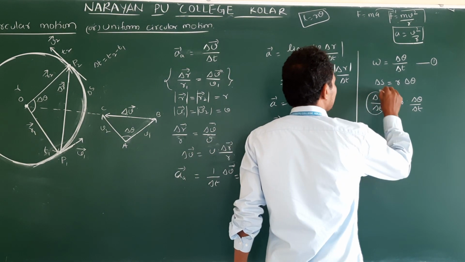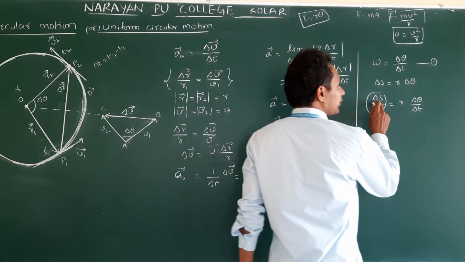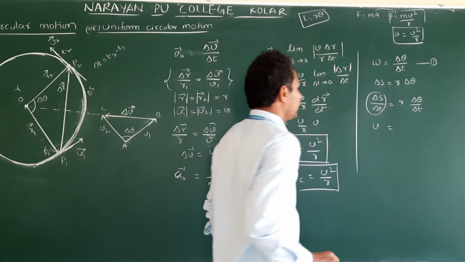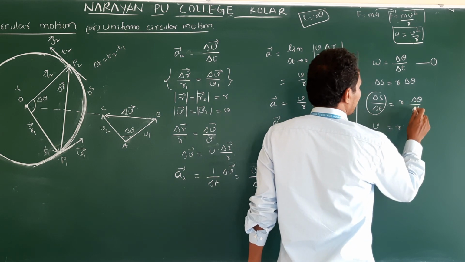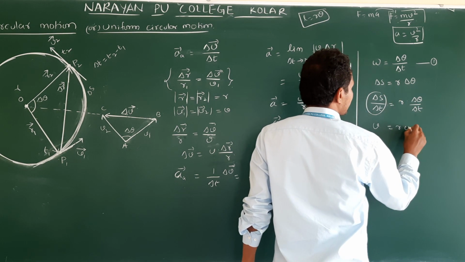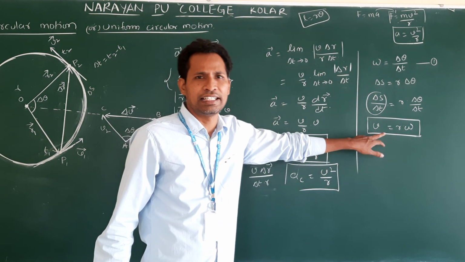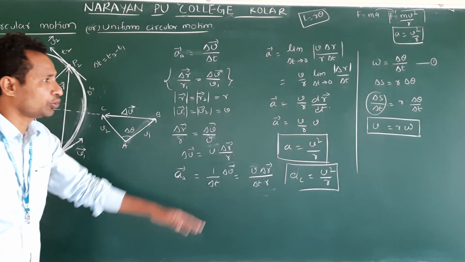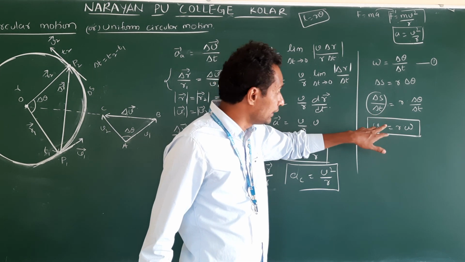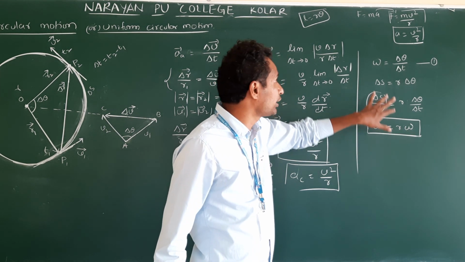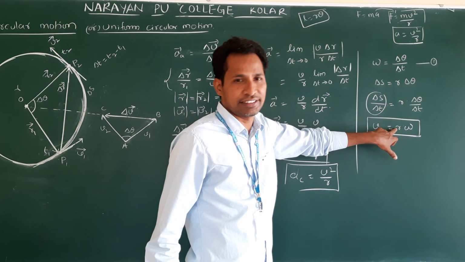So the rate of change in position or path is called speed. Here speed we denote with v only. So v is equal to R into, what is delta theta by delta t? Angular velocity omega. So this is a very important relation. This is the relation between linear velocity and angular velocity. Keep this point in your mind. When the body is in circular motion, not in all cases. Understand? R is the radius.